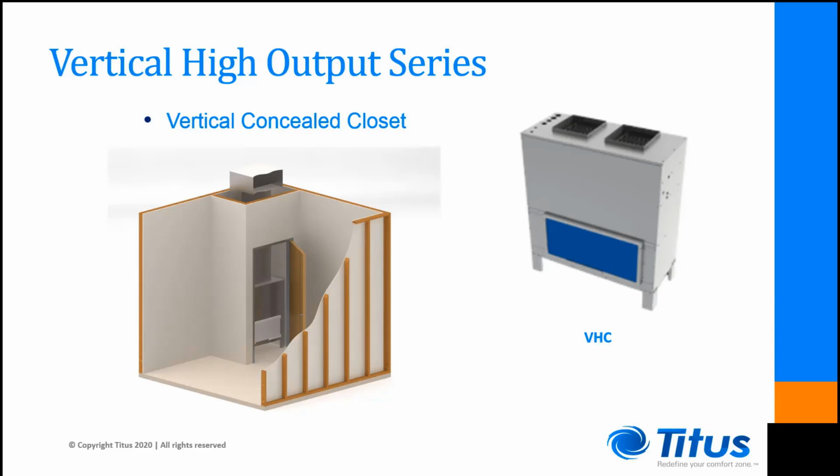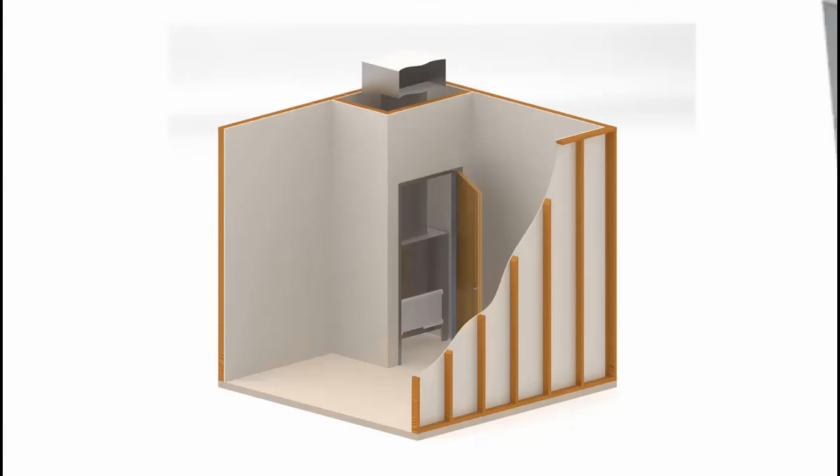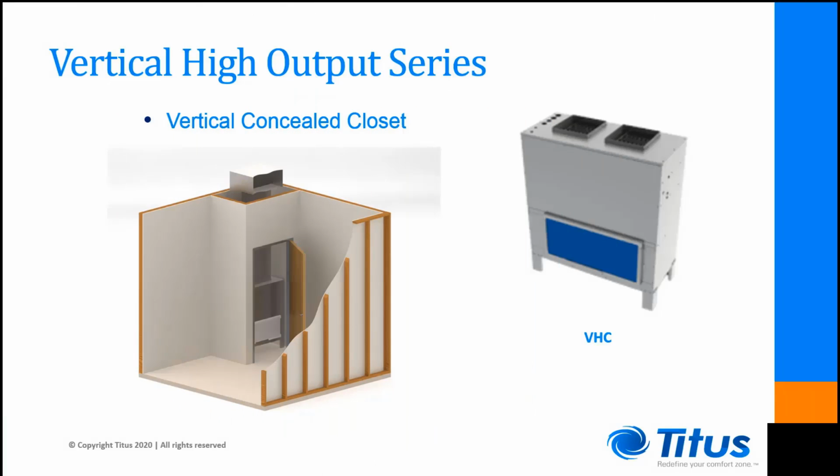The first subcategory of the vertical fan coil units is the vertical high output series unit. As with previous unpainted models, this unit is to be concealed away from view, typically in a closet. It is a high capacity unit providing 600 to 2000 CFM. Because of this high CFM output, it is meant only to be ducted and not free blow into the living